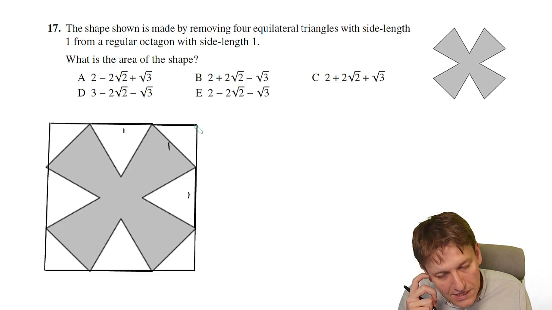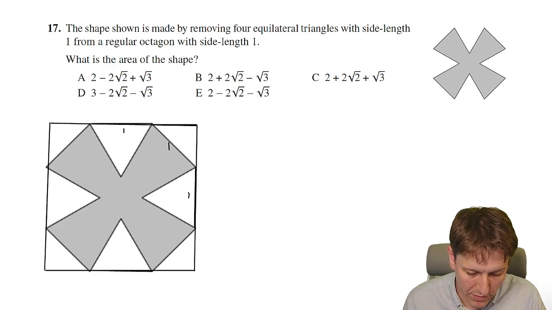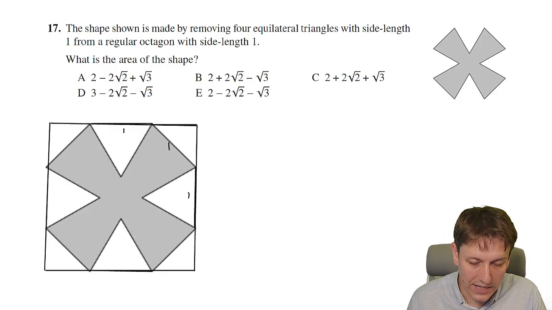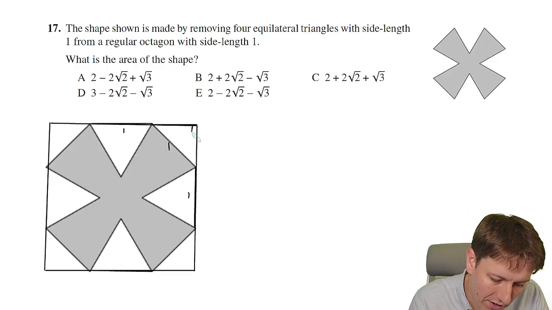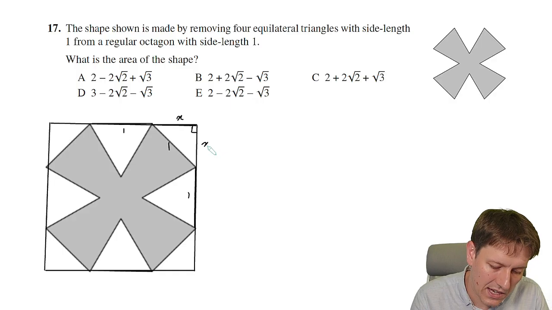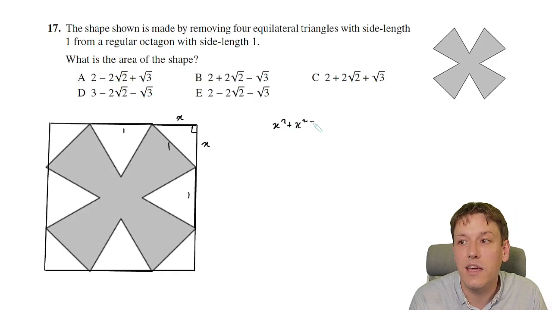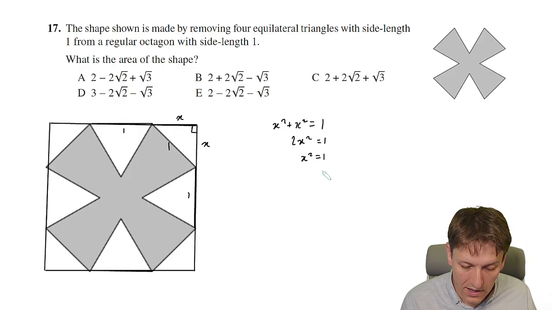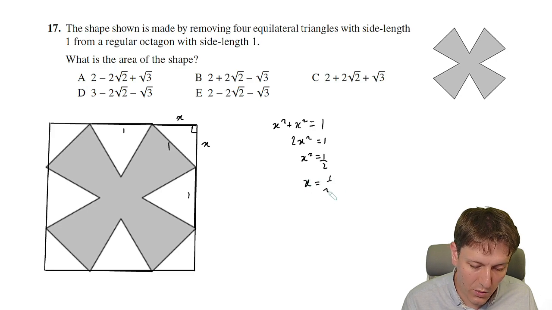Because now, immediately, I've got a way of solving this problem, right? I can just work out the side length of the square, and I can work out its area, and then I can just subtract these pieces that are all shapes that we should be able to work out the lengths of here. So by Pythagoras, if I want this little length here, let's call it x, I've got x squared plus x squared is equal to 1 squared, so 2x squared equals 1, or x squared is a half, so that means then that x is equal to 1 over root 2,